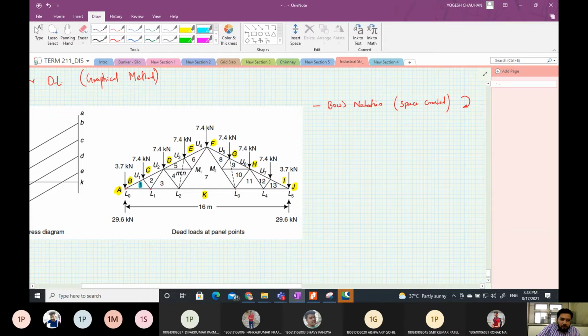Okay, so this is one. Here again it is created 2, 3, 4, 5, 6, 7, 8, 9, 10, 11, 12, 13. Okay. Now once both notations are done, then you find out the